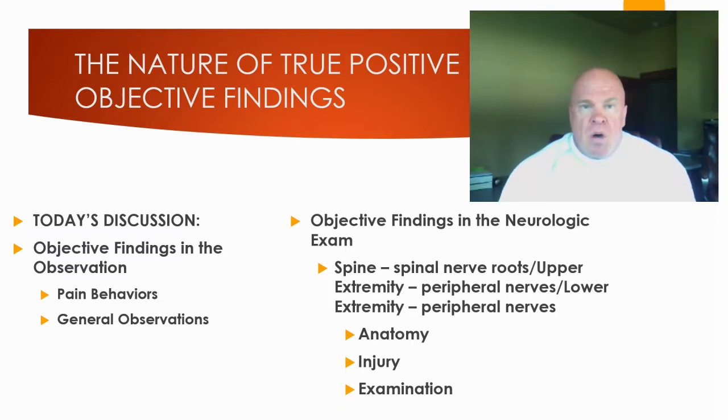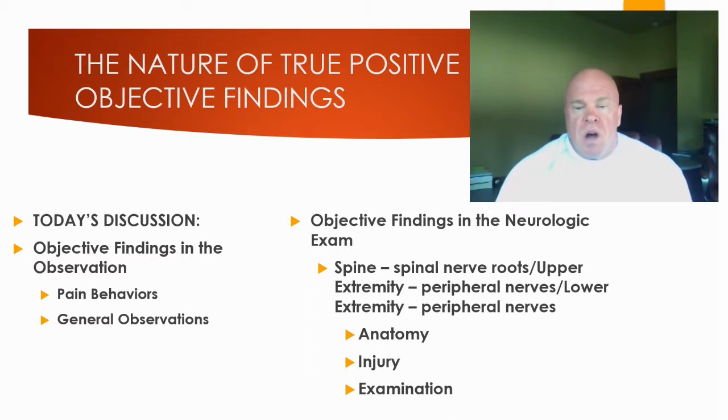And recall that when we're dealing with the neurologic exam related to the spine, we're dealing with physical examination procedures of spinal nerve roots, whereas when we're dealing with the upper and lower extremities, by the time the nerve roots get into the upper and lower extremities, they've coalesced and conjoined into named peripheral nerves. And I find many doctors are not quite clear on the distinction between the distribution of spinal nerve roots and the distributions of named peripheral nerves in the upper and lower extremities.